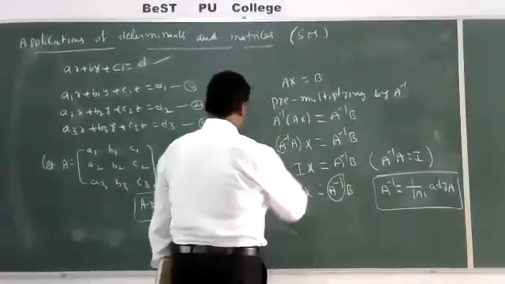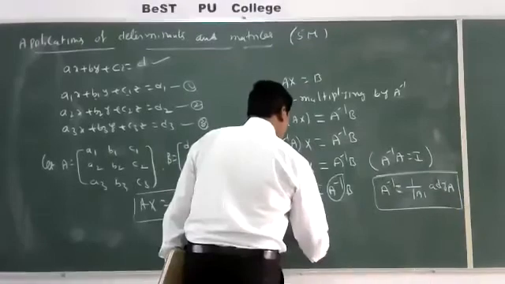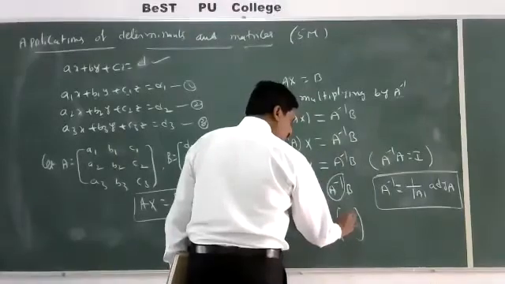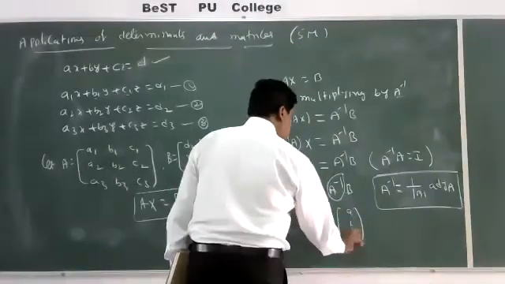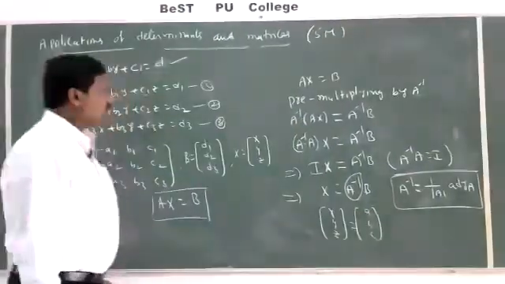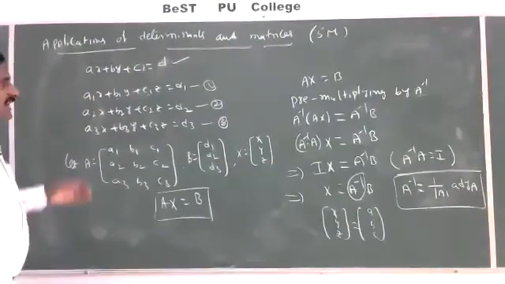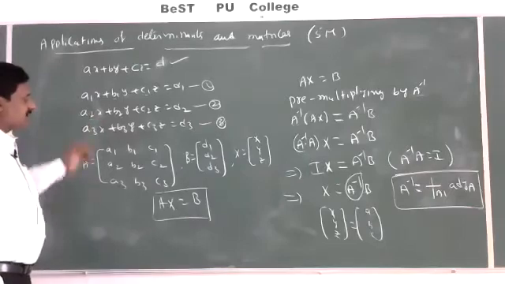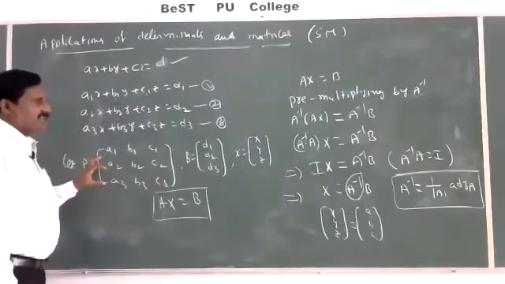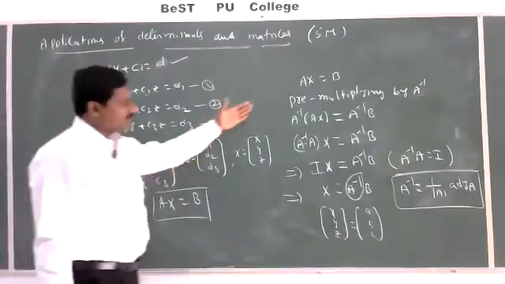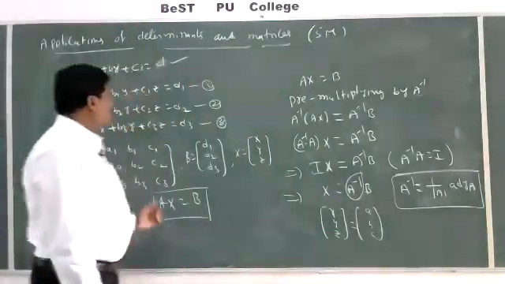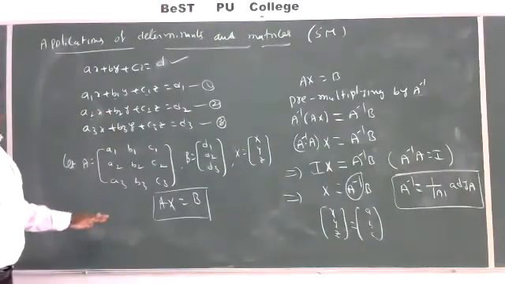Here the LHS is the matrix x, y, z. If you find A inverse into B, we'll get some three values. Consider them as a, b, c. Here the x value is a, the y value is b, and the z value is c. In that way we can solve simultaneous linear equations by the matrix method. We converted the given three linear equations into matrices, and by using this process we can find x, y, z values. Solving by this method is known as the matrix method.